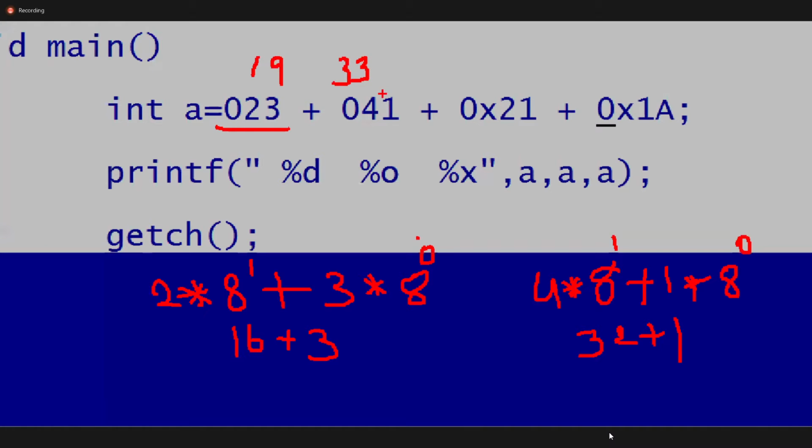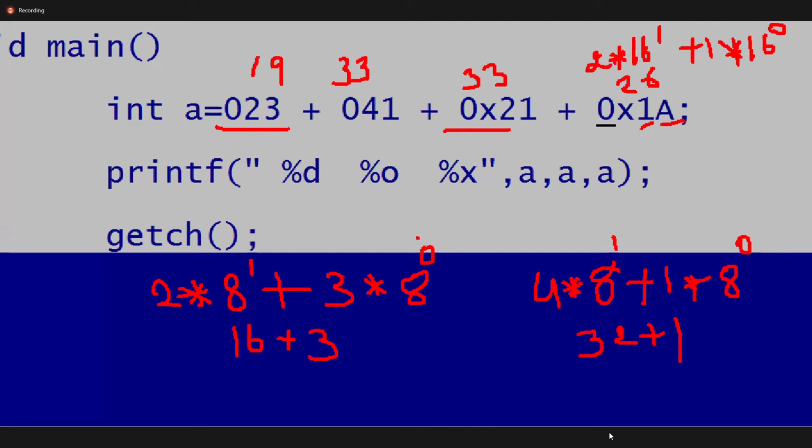Clear? Same, guys. This is 1 into 16 power 0, plus 2 into 16 power 1. 2 into 16 power 1 is 32, plus 1, this is also 33. 1a means 10, so 16 plus 10, 26.